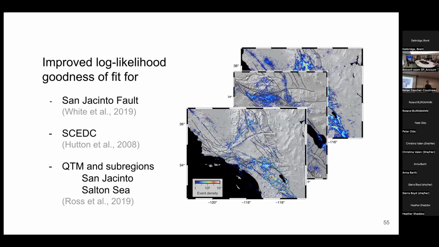Yeah, so, well, I think that's a very valid objection. However, I think part of the reason we also tested these smaller regions was to see whether this was actually a concern. And when we tested on the smaller regions, we actually get even more improvements. So at least our sense was that that was not a primary effect. And it's also worth noting that RECAST is given the same information as the ETAS model.